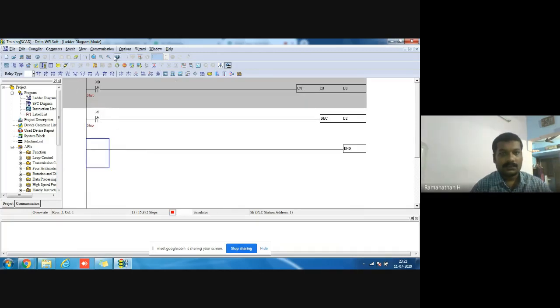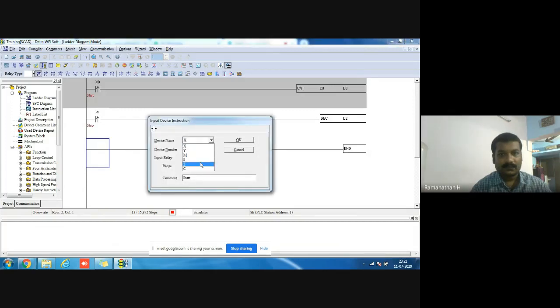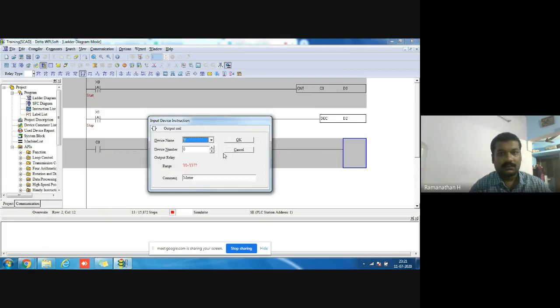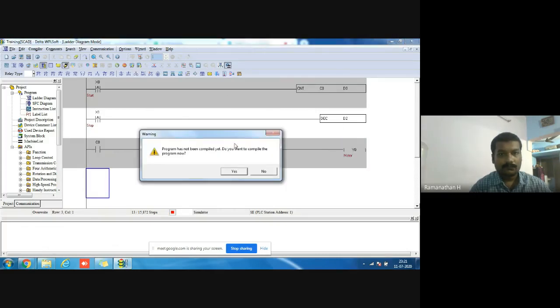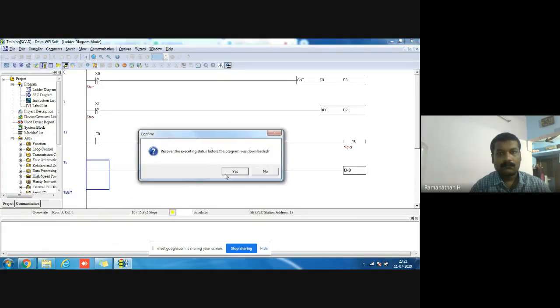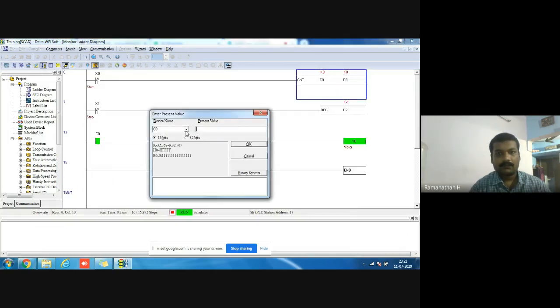From here, I add this counter as the coil. Counter C0 is the number. And here I add another as the coil. Just add it. Here I give counter 5, D0 register.